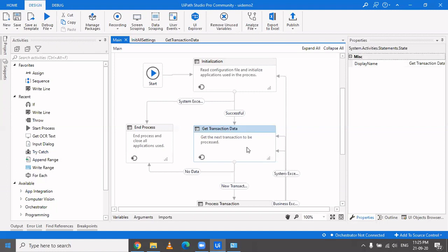So you keep on receiving mail. Then your transaction item becomes a mail message. Then there are also times when you're dealing with files. Then your transaction item could be a string, and above that, the base class could be an array of strings or a list of strings, and like that. So let's start with the first state, which is the initialization state.